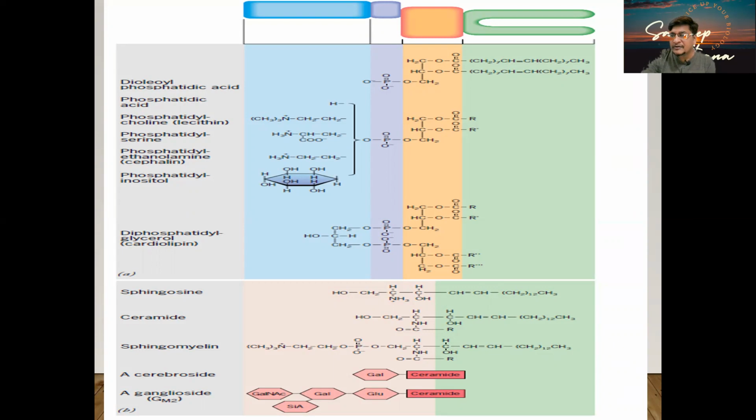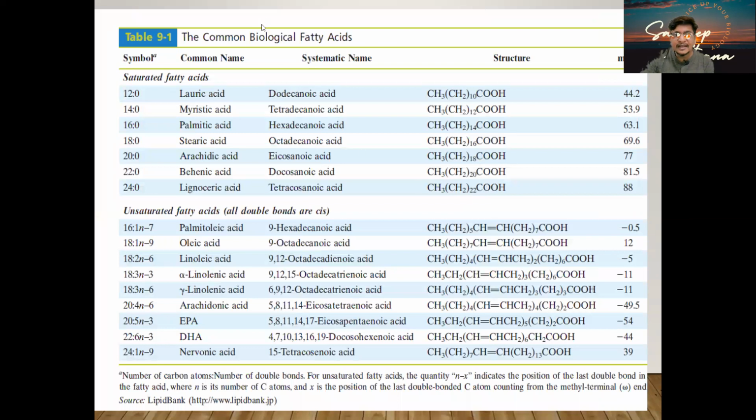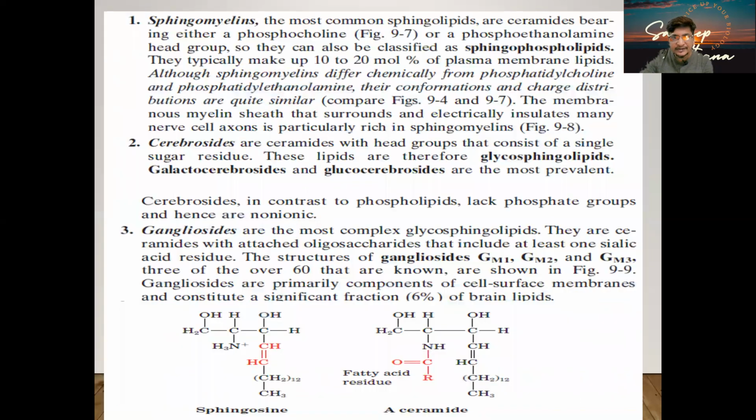And one of the tails you have seen is showing a bend, because it has a double bond in it. And this is a list of the common biological fatty acids which are going to combine with the OH group. They make an ester bond with the OH group at carbon number 1 and carbon number 2. And this basically varies from 12 to 24 carbons. They can be saturated, they can be unsaturated. But the important thing we need to notice is that if it is a double bond, it has a cis condition, not the trans one. This is again very, very important.